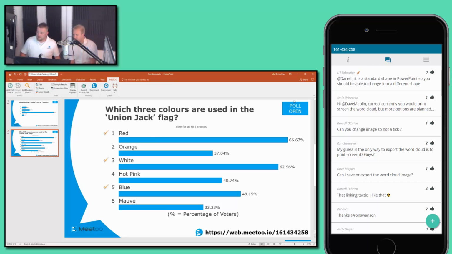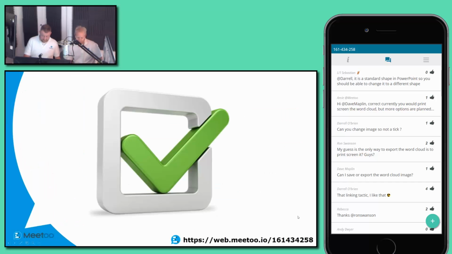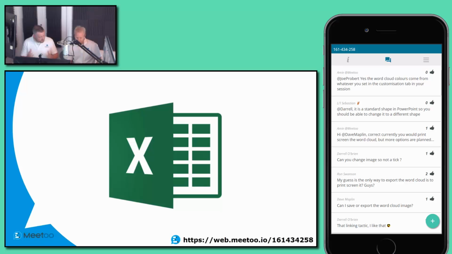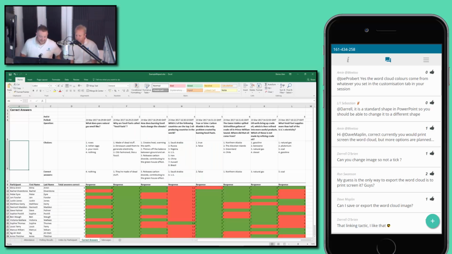So that's kind of it for correct answers. There was one other thing I think I wanted to just show people, and that's the report. Now again, there's been no change here, but I just think it's worth reminding people what you get with correct answers, because we're aware that perhaps you may not have used it in the dashboard. So again, I'm just going to bring up a sample report. Here's one I made earlier.